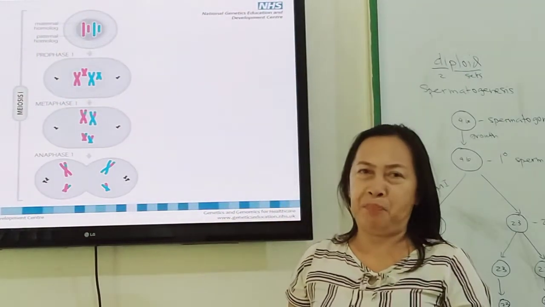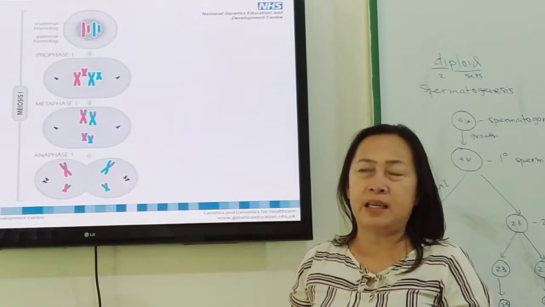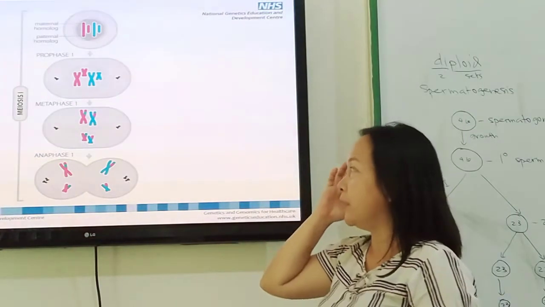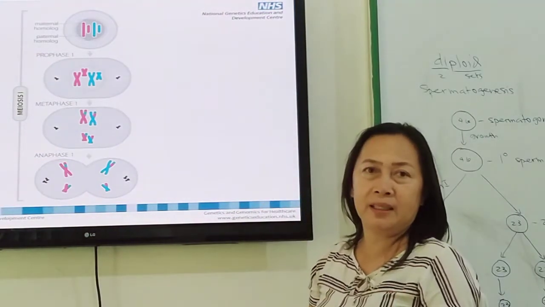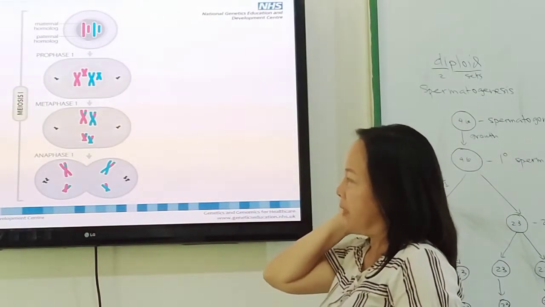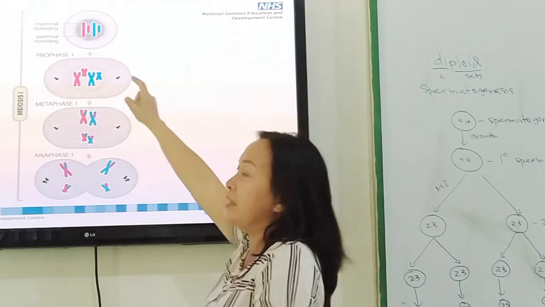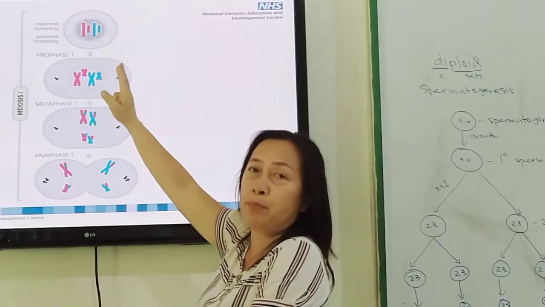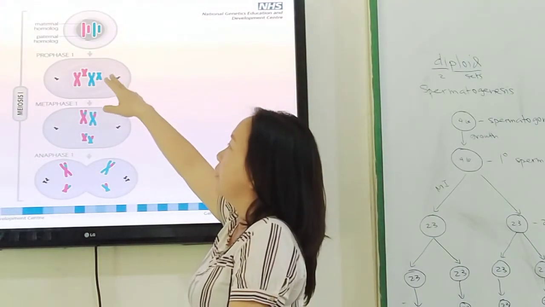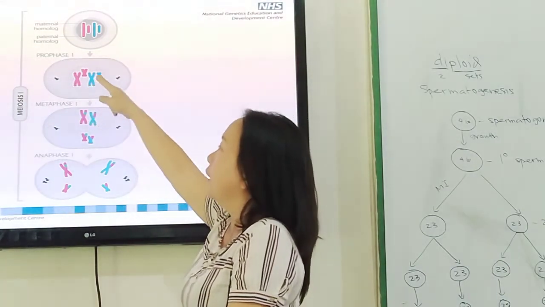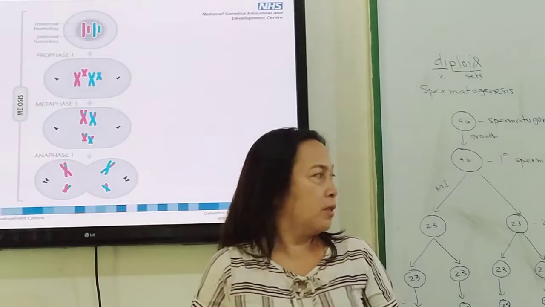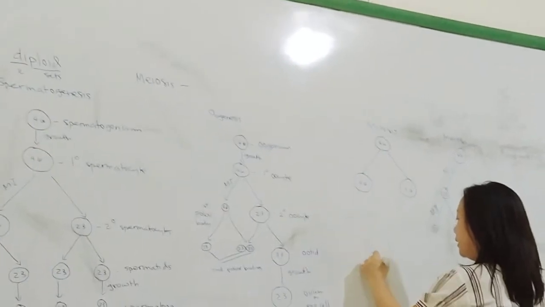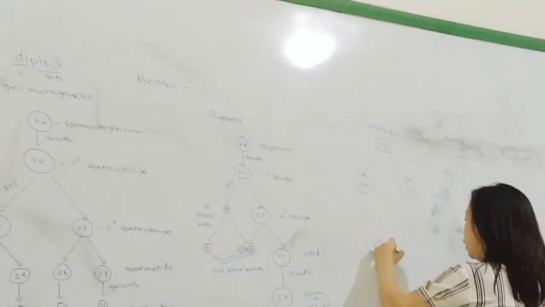Actually, it's not blue or pink. It's just labeled as such to indicate that they are homologous or partners. Okay? The partners always go together. So here, at prophase 1, you could see the partners. There is already synapse formation at prophase 1. And these partners, in prophase 1, will cross over. How is crossing over done? If this is the double-stranded homologous chromosome,